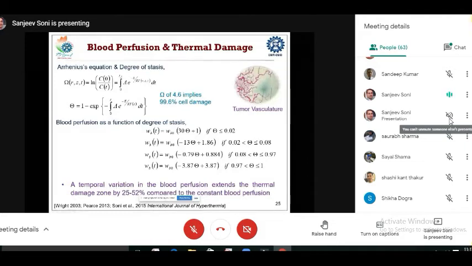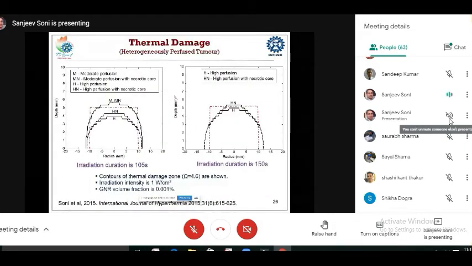At the same time, earlier I gave an example that if we try to heat a particular tissue, it starts coagulating. Similarly, the blood vessels will also start coagulating. When the blood vessels start coagulating, there is no blood flow, so obviously we can heat the tissue to a larger extent. All these things are also to be considered in the model, and only then can we arrive at the desired thermal damage regions for a particular tumor. For example, you can see here, for the same set of therapeutic parameters, depending on the blood flow within the tumor, we can have different thermal damage zones in the tissue.